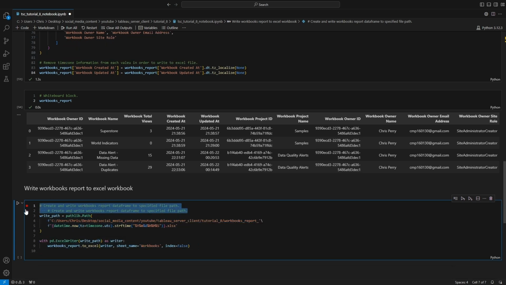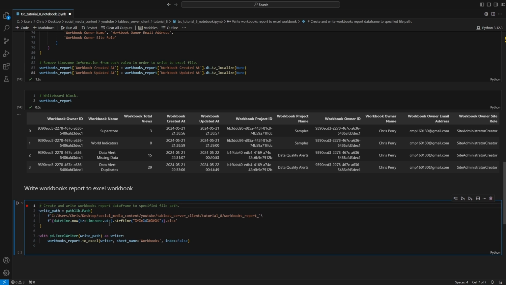So here's the code to write this to a particular path. I'm using Pathlib, which is a library that's going to allow me to create a specific path object. That path object is basically the destination for this workbooks report. So you'll notice here, this is going to be a path on my machine,